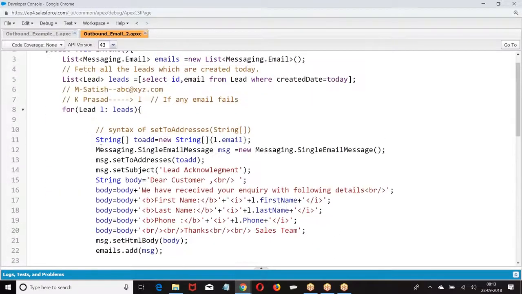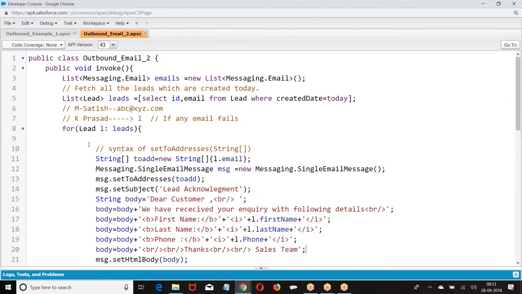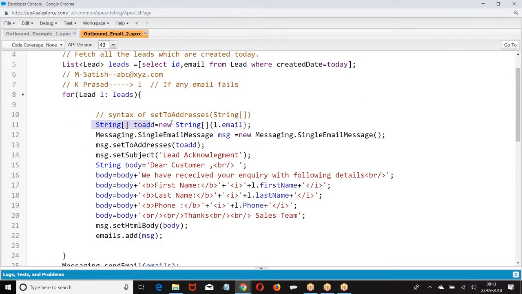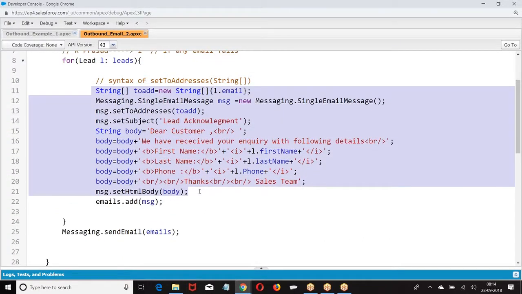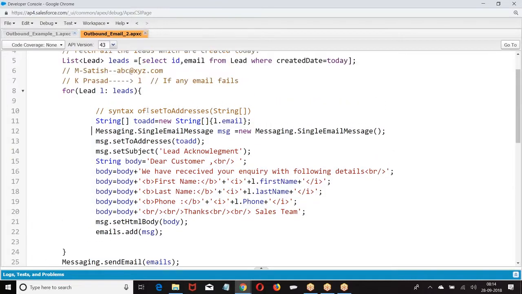But here, how is the mail going? Everybody has to get their own data. So every mail is a separate mail. That is the reason I kept the string To address, added lead.email. Then my own subject, my own address. Then added a message. This is one independent mail. This mail I added to the list. Second mail, list. Third mail, list. Fourth mail, list. So for Satish, one separate mail, add to list. For Kiran, one separate mail, add to list. For Hari, one separate mail, add to list. So I have to create individually. That is the reason I have taken this here.